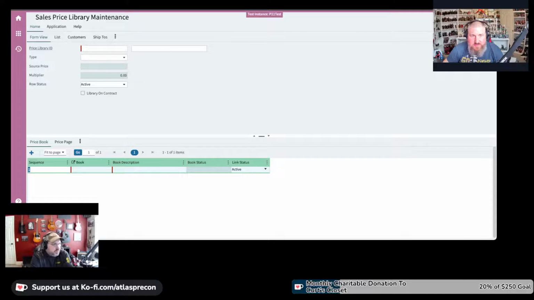Okay, so we're back, and now we're on to sales price libraries. And this is, I mean, look, this is powerful. There's a lot of different things you can do. And I think for me, it's one of the easiest things to make in the system so complicated you can't maintain it. I think that's the biggest thing that scares me about price libraries. I mean, they're a great feature. Don't get me wrong. They're very useful. They do a lot of different things, but I think